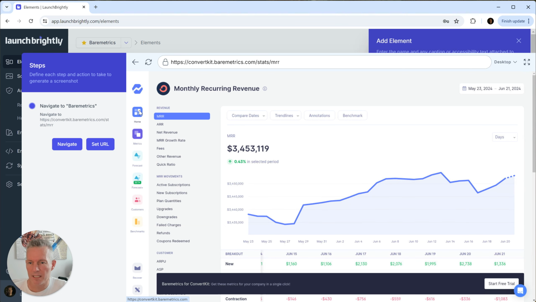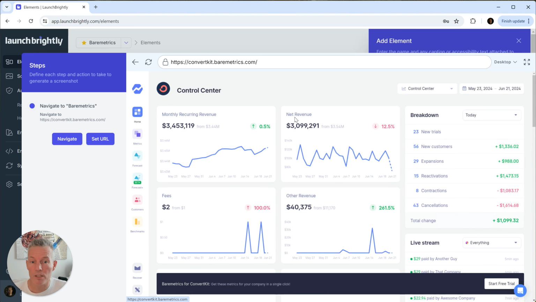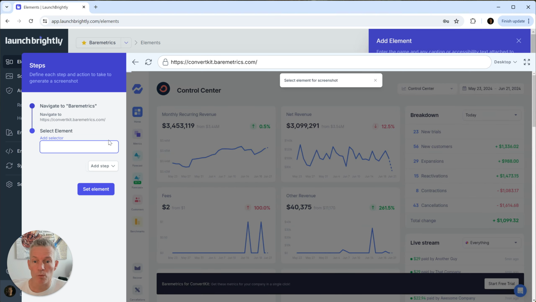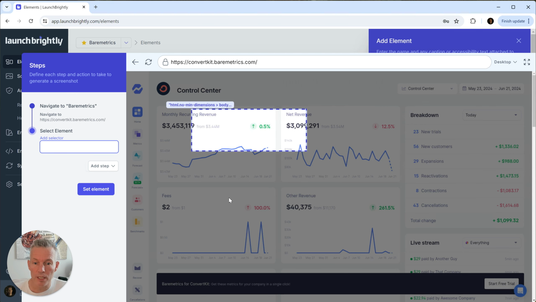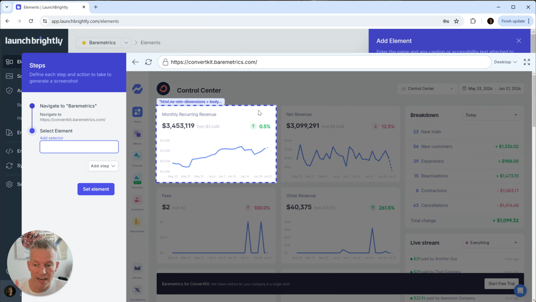Let's say, for this example, you want to take a screenshot of one of these cards on the dashboard, and I will say this is the page that we want to go to. We have this what-you-see-is-what-you-get tooling, where you can hover over each one of the elements, and that's an important